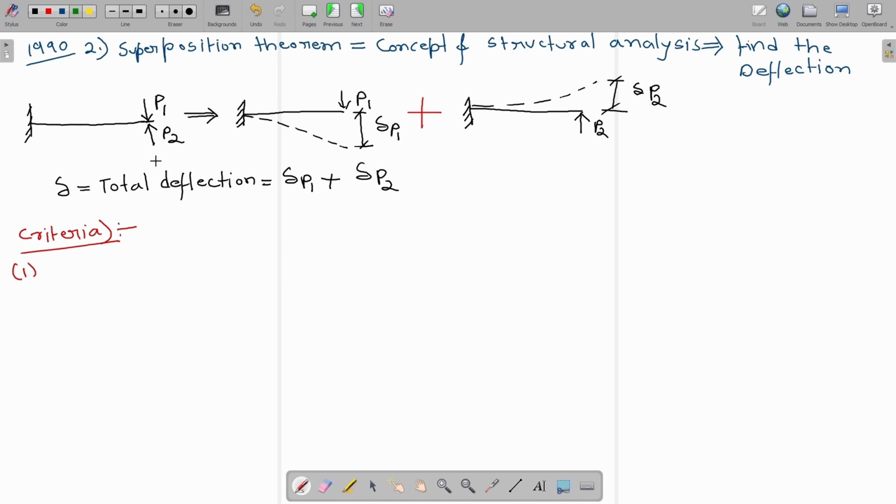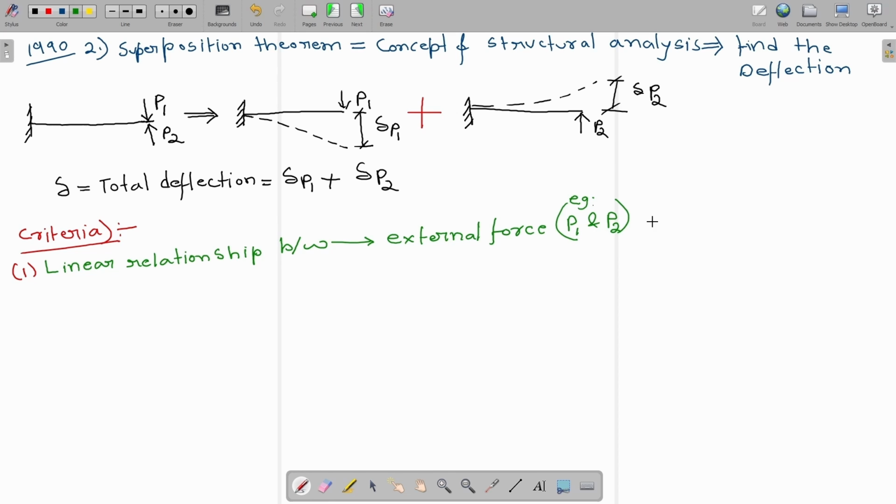The first criterion is that there should be a linear relationship between the external force, in this example P1 and P2, and their corresponding